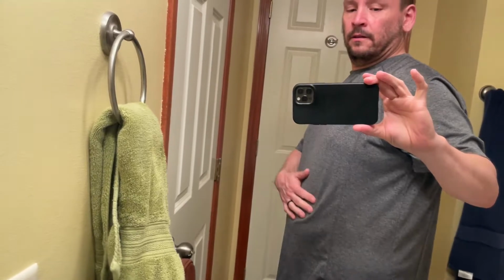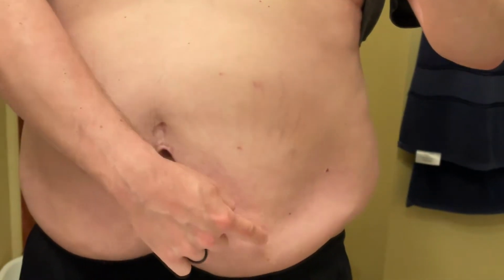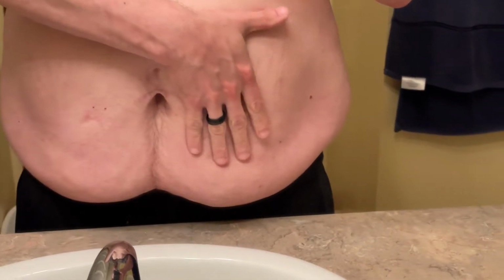Okay, so even in this shirt, it's easy to tell that there's a puffy part right here. You see how that's just sticking out further than most? Now, I still have love handles and stuff, but I'll try to zoom in here. 1, 2, 3, 4, maybe 5 is down here. Anyways, those were my 5 spots where they did surgery. And this piece here, you can see it protrudes a little here and here, and that's because underneath here,